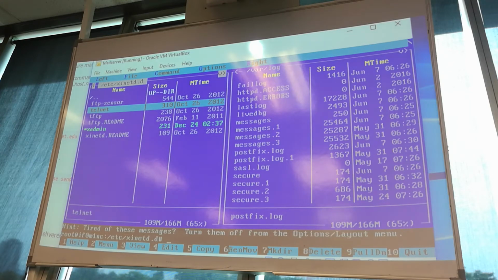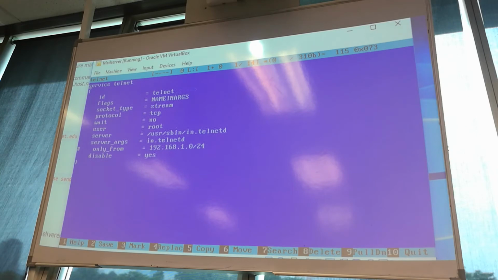Go into Telnet and F4 to edit, and say disable equals no, and only from 127.0.0.1, and get rid of the rest of this, and be sure to uncomment this so that it's active, and then save it quick with F2 and exit with F10,